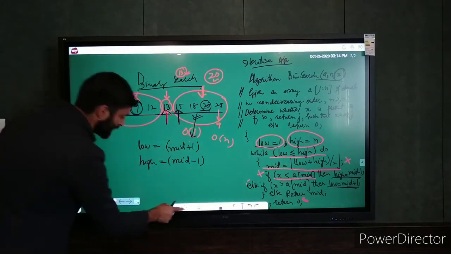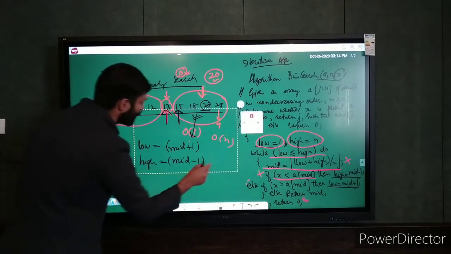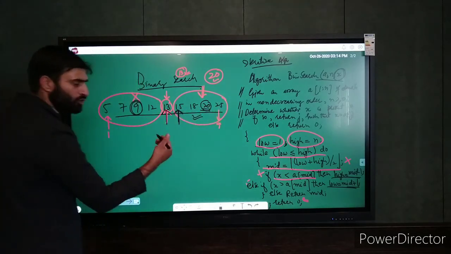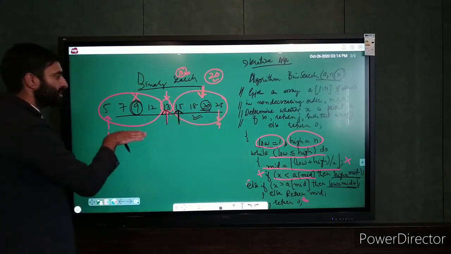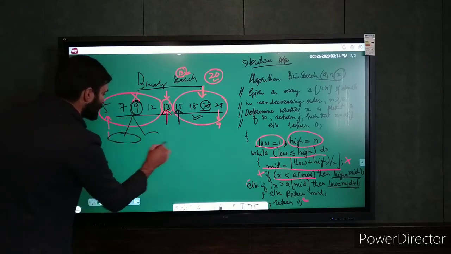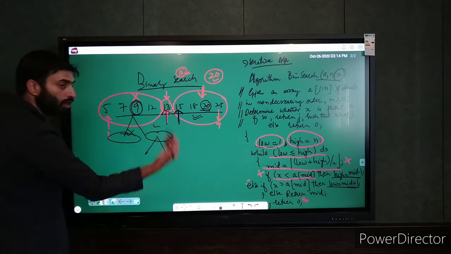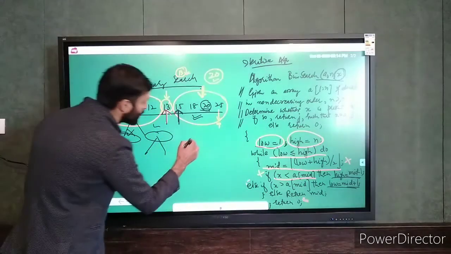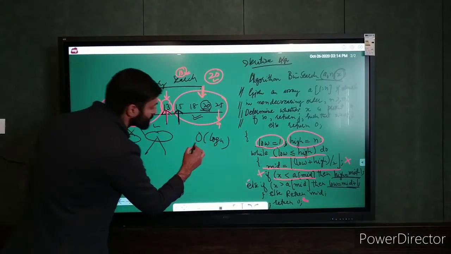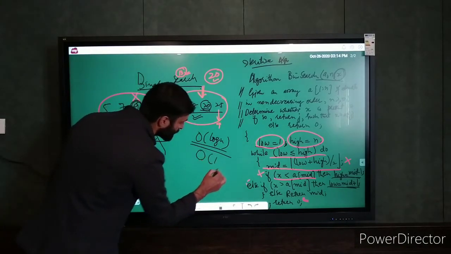Now performance analysis. See, performance analysis of binary search, as I said, it is also called binary chop or logarithmic search, meaning in every step we are dividing the sub array into half. So the complexity of logarithmic search or binary search would be order of log n in the worst case scenario, and it would be order of 1 in the best case scenario.